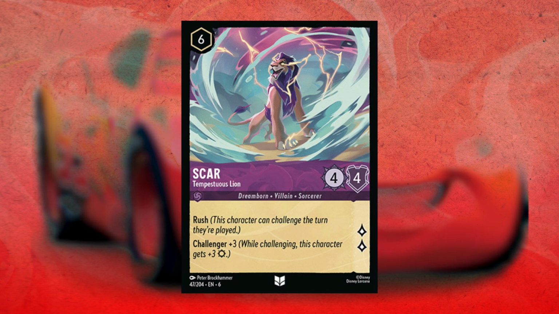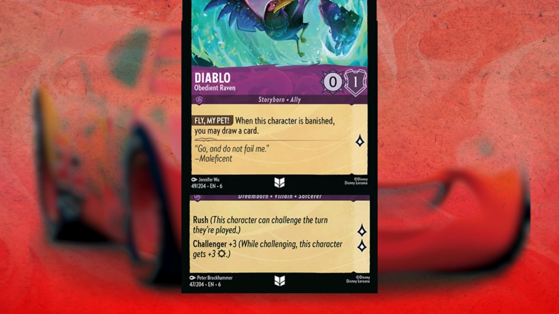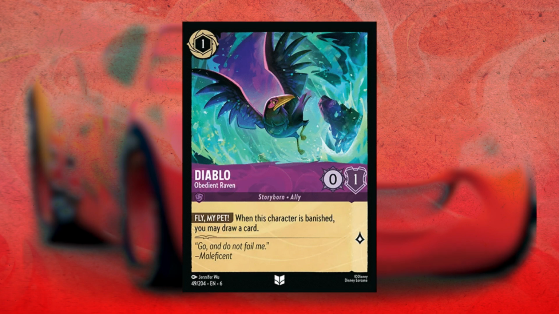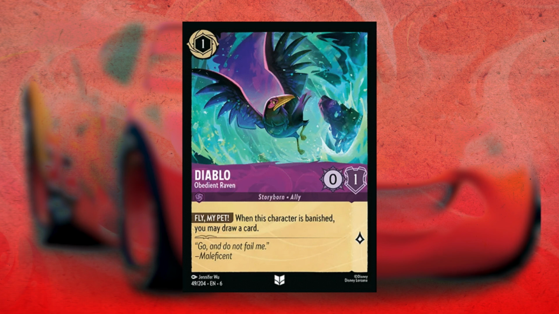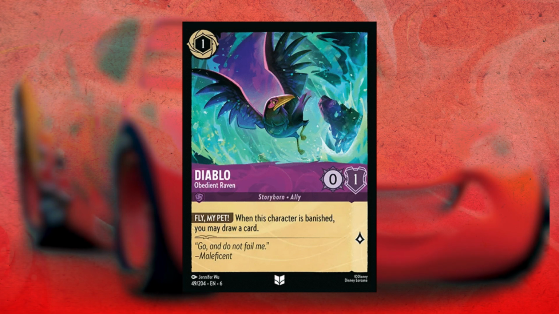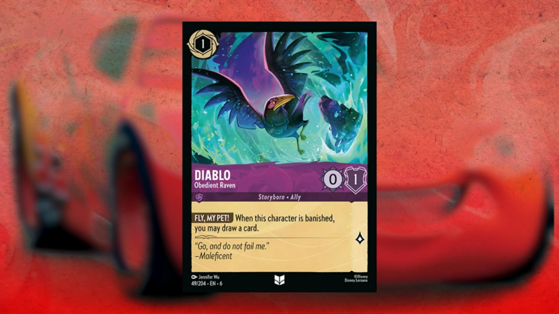Staying in Amethyst, let's give me and the guys from Hobbies and Happiness some PTSD while I talk about Diablo, Obedient Raven. What really sets the rhythm within this card are the colors and shapes within the art. The aquatic colors surrounding Diablo and pointing back to him within the surges, while they're all still mostly contained by his wings in the art. Just in the frame that's so stylistically sound and inspired.